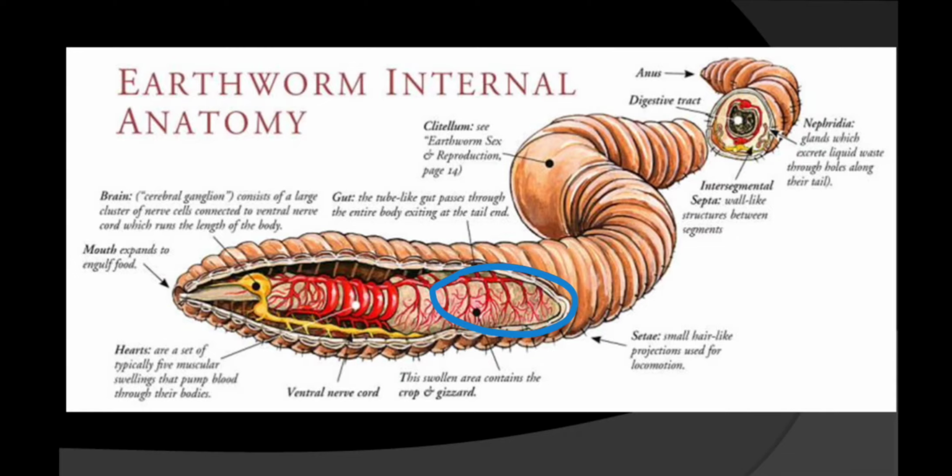All right. Now if you talk about their excretory system, here you can see coiled structures. They are known as nephridia. These coiled structures are present on their body, and there are pores on the body. From the pores they excrete their waste, and their waste contains urea or ammonia. If a lot of water is available, then they excrete ammonia as their waste, and if there is a shortage of water, then they excrete urea as their waste. So this is the internal anatomy of the earthworm.